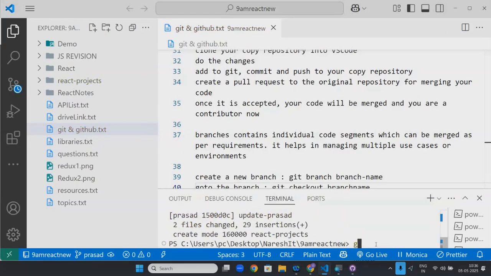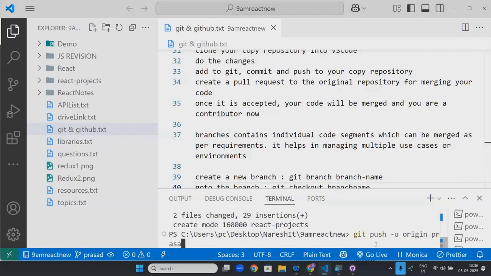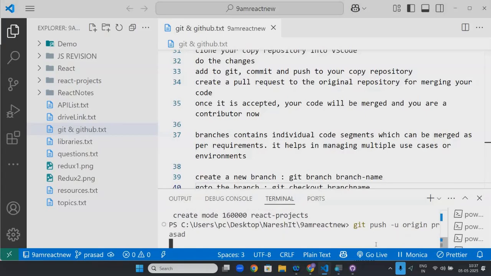Git push -u origin Prasad. Every time I write git push -u origin main, but this time I'm writing Prasad. Why? Because I'm pushing to the Prasad branch.